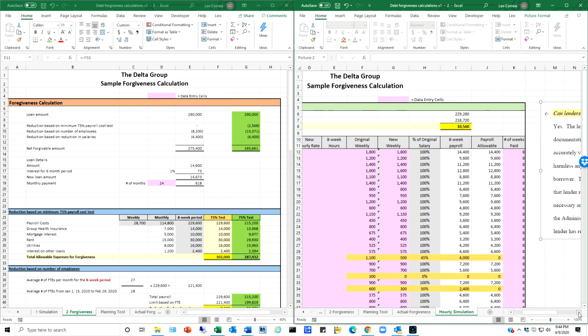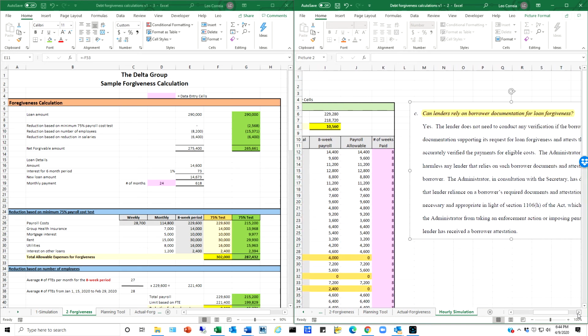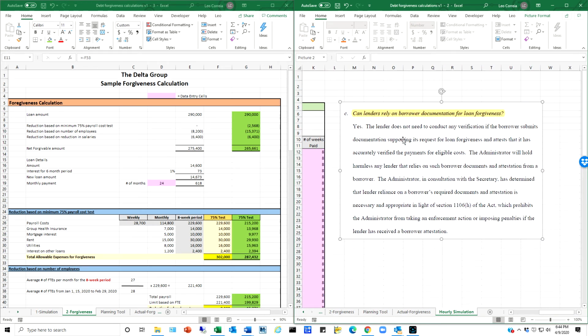But I think as far as the lender is concerned, I don't think the lender will be looking for anything of substance unless they come up with a form. But I think the SBA is not going to create forms at this point in time. They're going to allow the borrower to come up with their own documentation, and as long as it's complete and it seems reasonable, then I think the lender has to accept it,